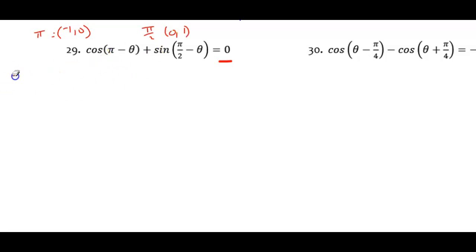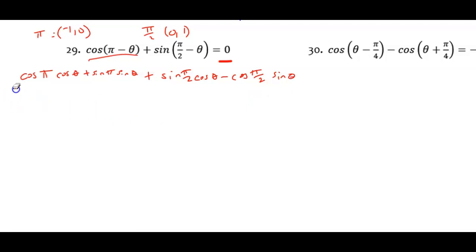Now, cosine. We have cosine of pi, cosine of theta, plus sine of pi, sine of theta. And that's the expansion for this one: cosine, cosine, sine, sine. Now for sine, we have sine of pi over 2, cosine of theta, minus cosine of pi over 2,